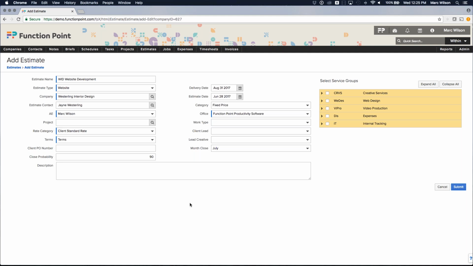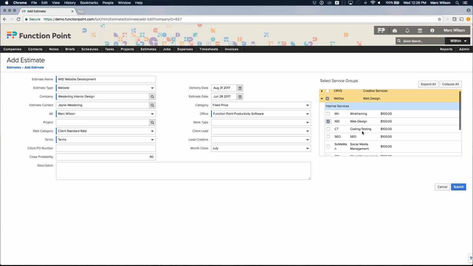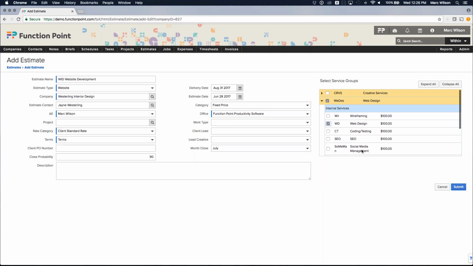Now from there, this is where we're going to keep things pretty simple. We're not going to put in a lot of detail, but we want to put in the value of the potential work. And I'm just going to choose web design, and I'm just going to choose a single service of web design. Later on, we might come in and add in wireframing and coding and SEO and other aspects, but for now, we're just going to choose web design. We'll submit that,